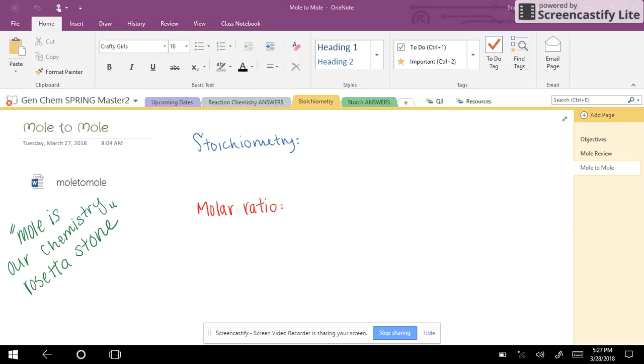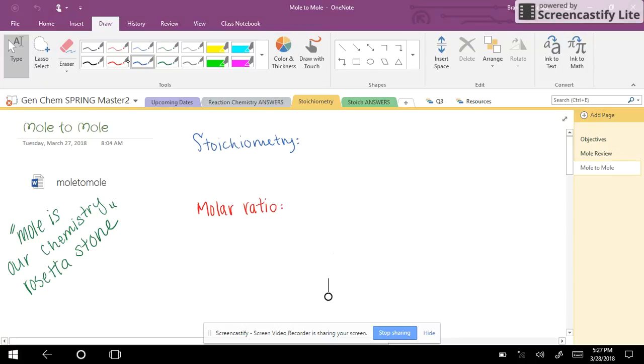So, first we're going to just define stoichiometry. Stoichiometry is the study of, or the quantifying of, chemical reactions, the constituents in a chemical reaction. So quantifying the relationship